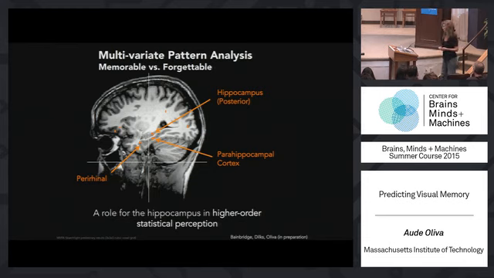And we find signatures in the hippocampus, the parahippocampal area, as well as the perirhinal cortex, that are typical for memorable faces and scenes, and no signature in the visual areas or even the higher visual areas, because we did equalize for those. So it seems to show that those MTL regions play a role in a kind of higher-order statistical perception, a notion of distinctiveness that is within those images. So this suggests that at the perception of a new image, could be a face or a scene or a collection of objects and so on, there's already a signature that is going to guide or bias whether this is going to be put into memory or not.